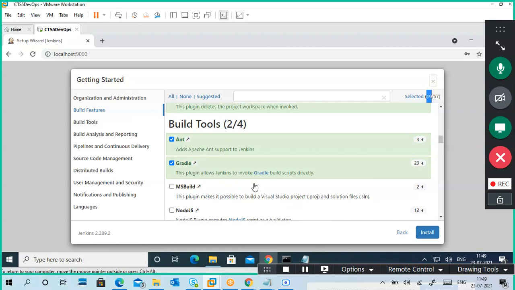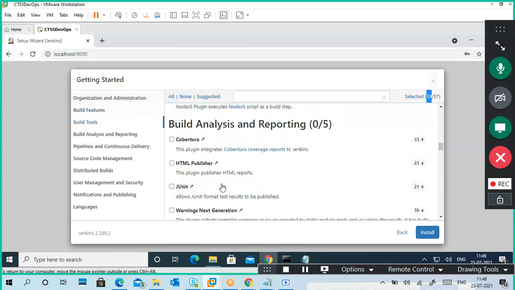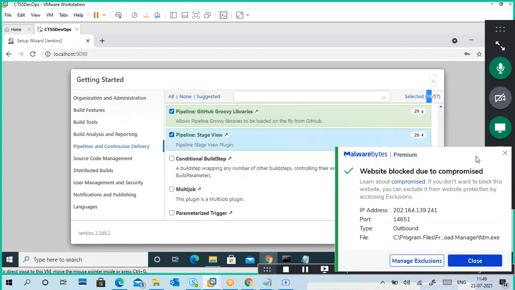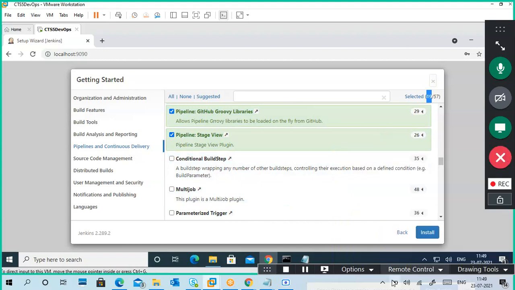See, Ant and Gradle are there, but the Maven plugin is not there. JUnit is important, right? Pipeline stages, stage view and similar are important. A lot of important ones are there, and a lot of non-important ones are also there.